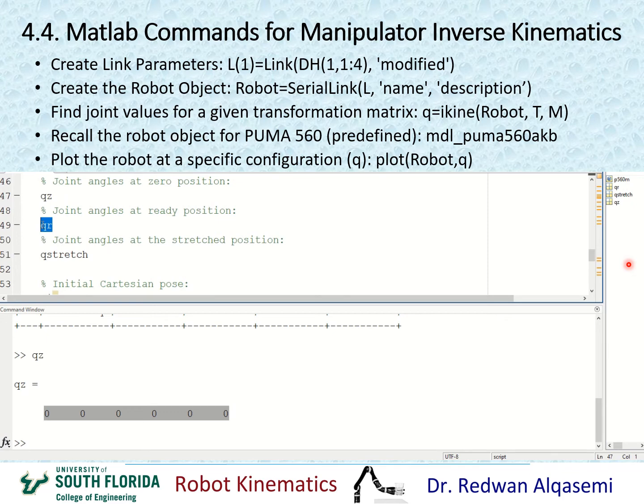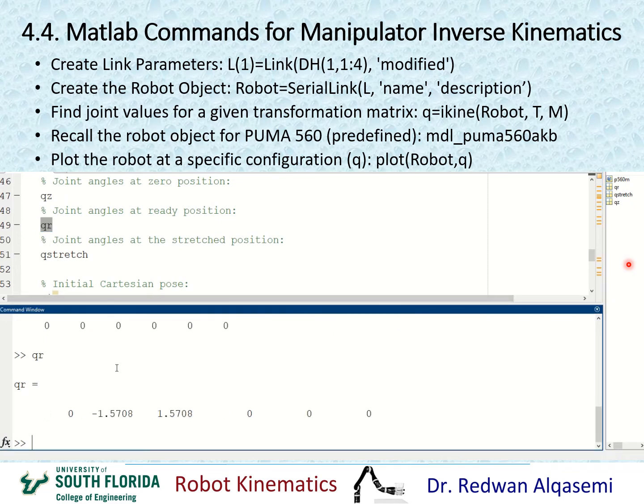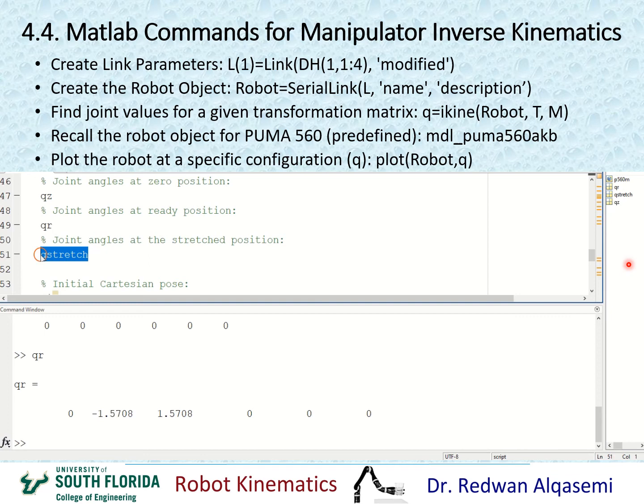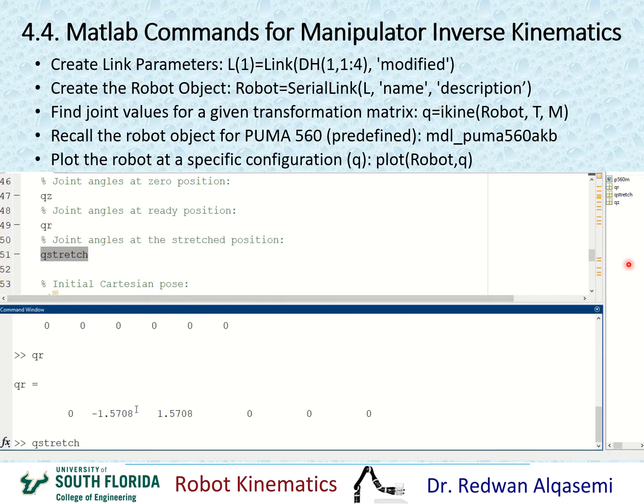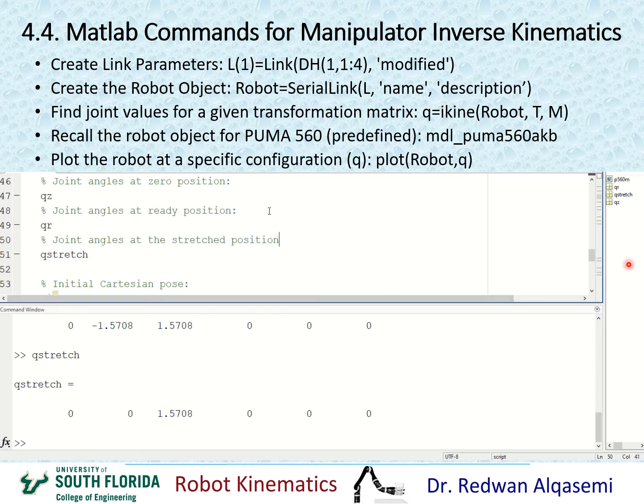And I can see what QR looks like here, when the arm is at the ready position. Okay, and then I can see how they look also when the arm is fully stretched. These are the 6 joint angles when the arm is fully stretched. Okay, now we are ready to go ahead and find